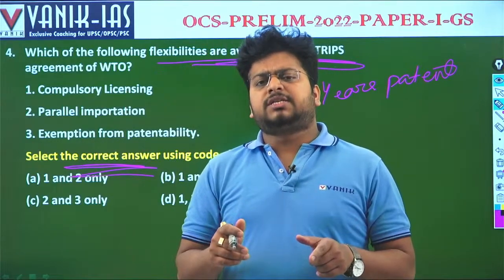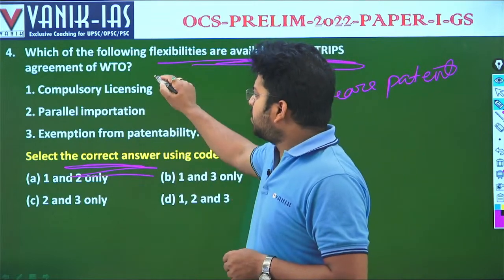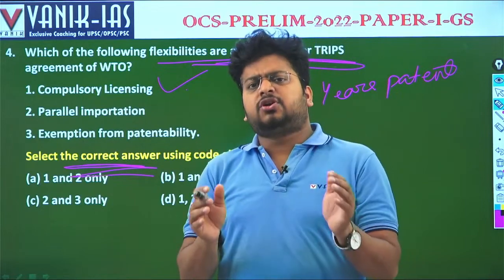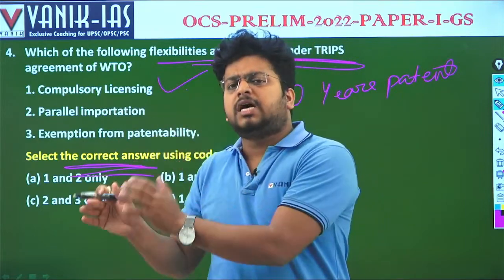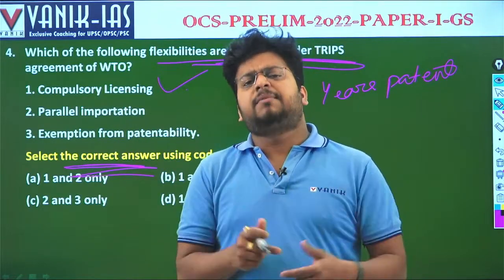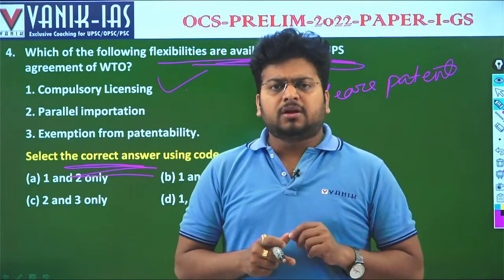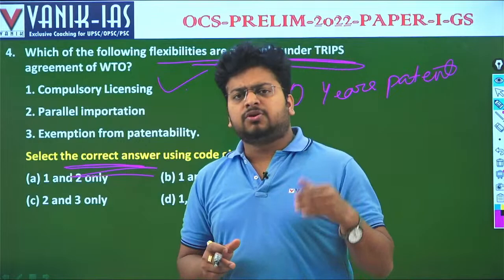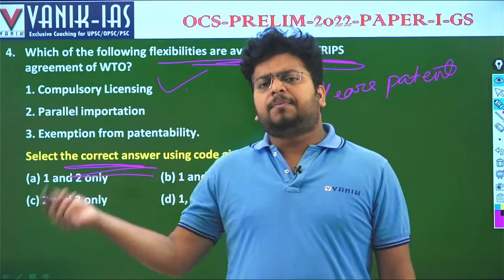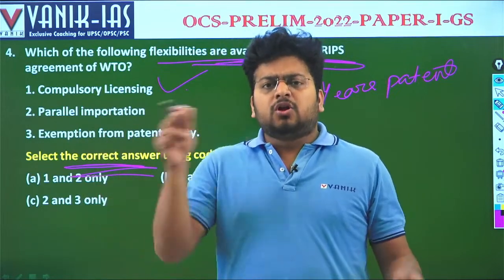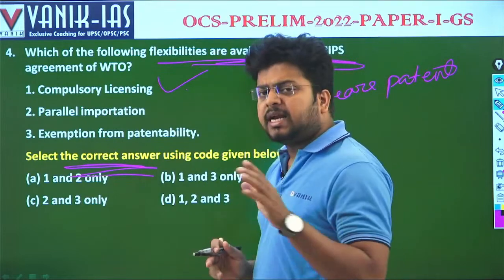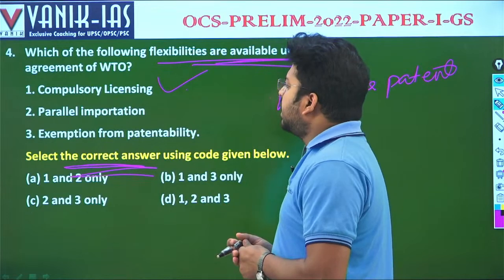Now in case of emergency, if a particular country has compulsory licensing, they can shift that manufacturing information of the medicine to other companies as well, right? So the other companies can also produce the same medicine that is developed by a particular company. For example, Serum Institute has developed a vaccine. Government of India may allow other companies, for example Sun Pharma, to produce the medicine that is produced by Serum Institute. So that is compulsory licensing. India has compulsory licensing. Next is parallel importation,